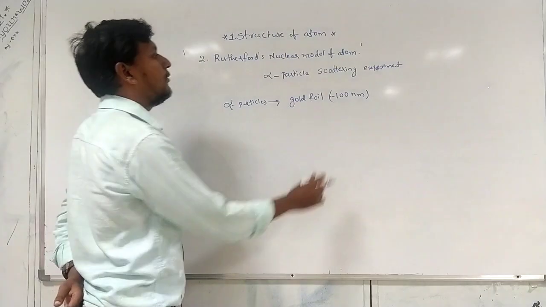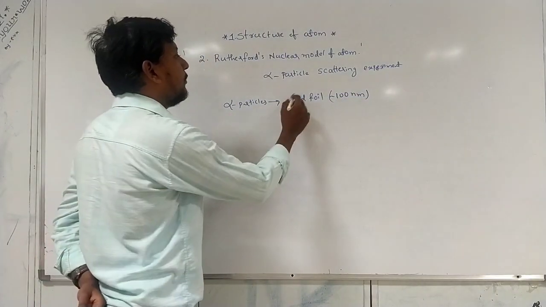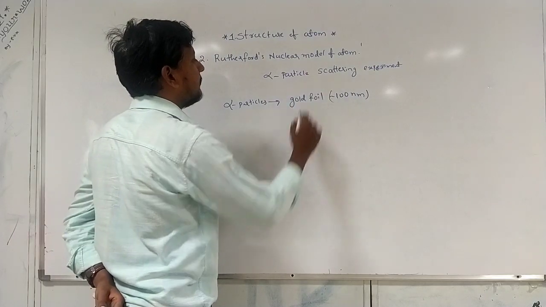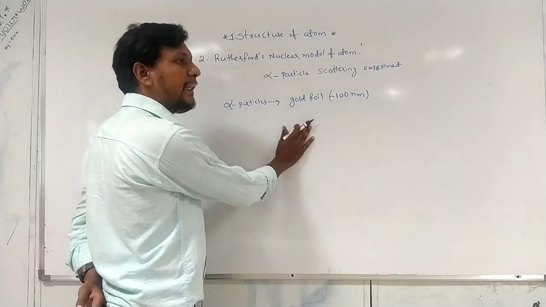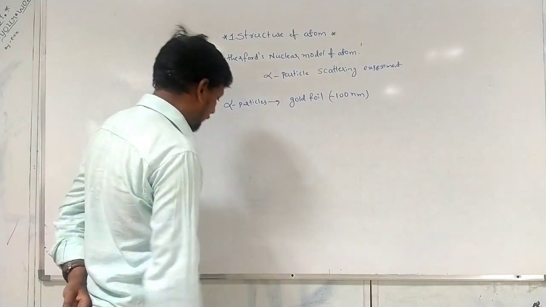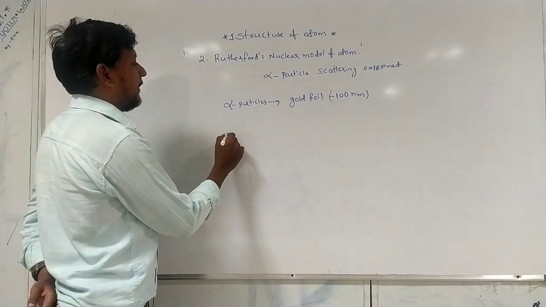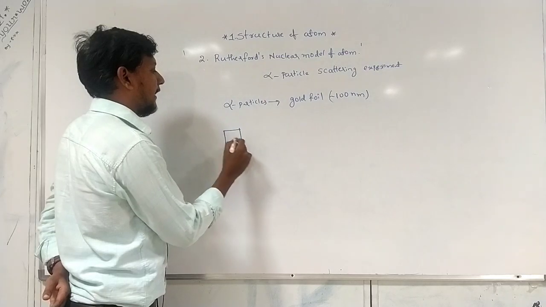The thickness of the gold foil is approximately 100 nm, and this gold foil had a circular arrangement of a fluorescent zinc sulfide screen around it. Right, here is the diagram